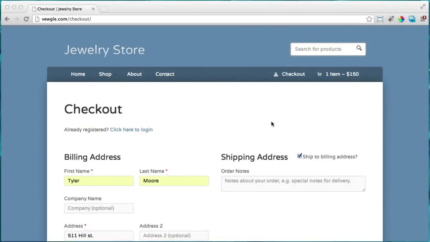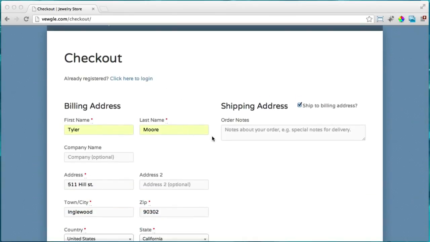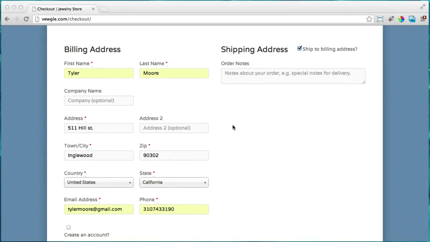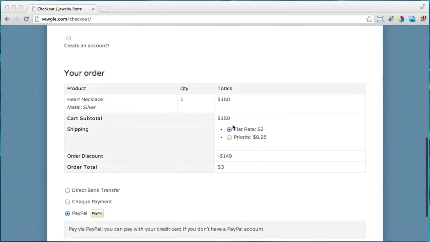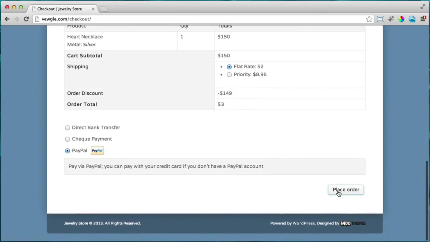And by the way, I'm going to be showing you how to do all of this step by step without skipping any steps and without any coding. So once you're on this page, you're going to want to fill out all of the billing information. Then you can choose how you want to pay: direct bank, check, PayPal, and these can be changed also. Then we can place order. So once we click place order,